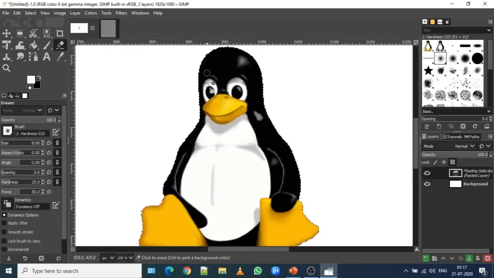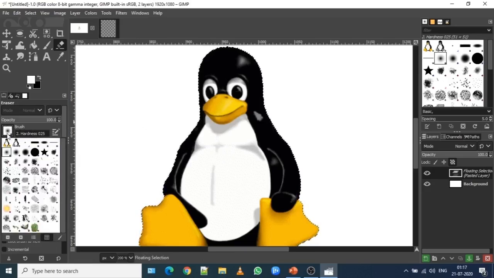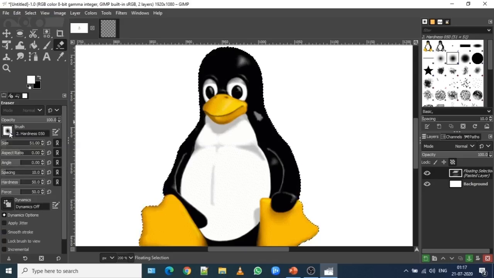Now when you click on the eraser tool you will find the icon has changed to an eraser. Now on the left hand side it has different types of erasing effects similar to a brush, so you can select according to your choice.